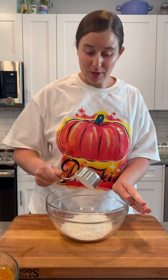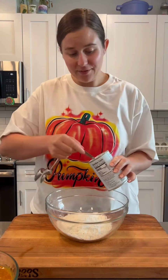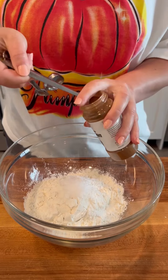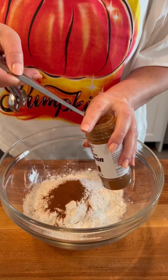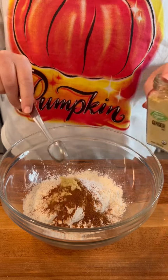So we're starting with 1½ cups of flour, 1 teaspoon of baking soda, a 1/2 teaspoon of baking powder, a teaspoon of kosher salt. And now for all the fun fall spices, we're gonna add 1 teaspoon of cinnamon, actually 1½ teaspoons of cinnamon. Here's the extra 1/2 teaspoon, a 1/2 teaspoon of ground ginger, and then we're gonna add